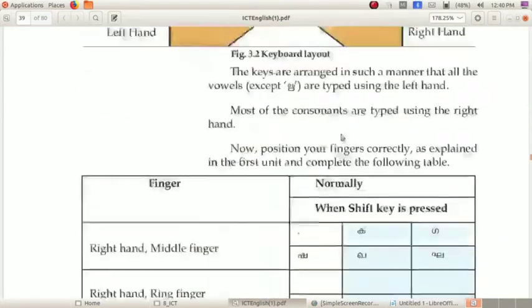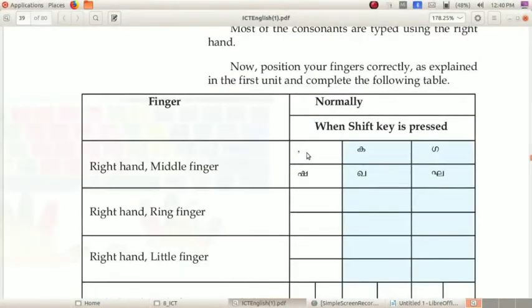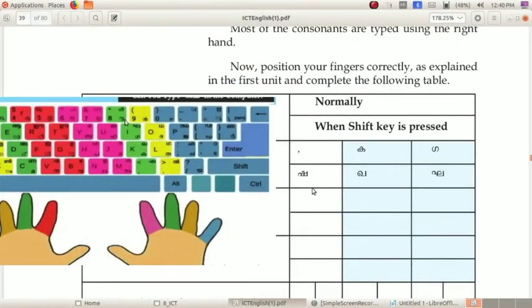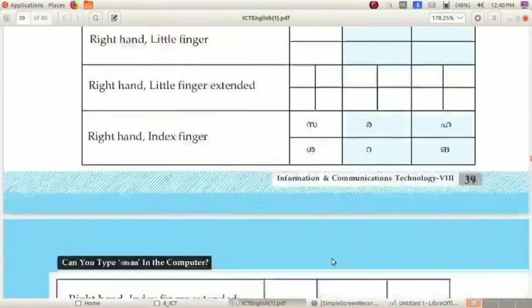After pressing on the shift key, this button will show the letter sha. After pressing on this key, it will show gha. When we are pressing on the shift key and pressing on the gha, we can see this gha. Likewise you want to complete this table.